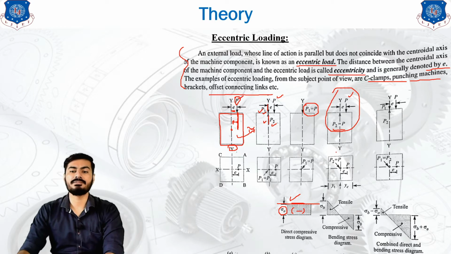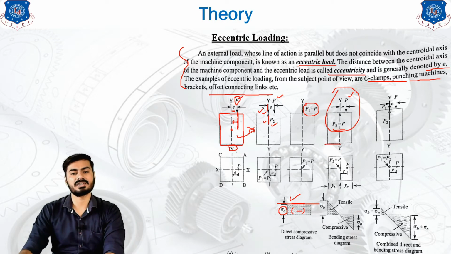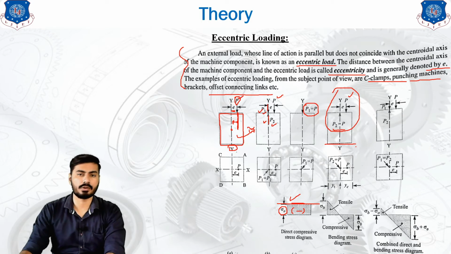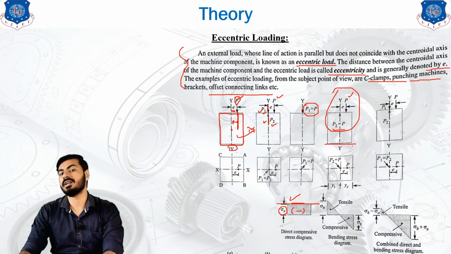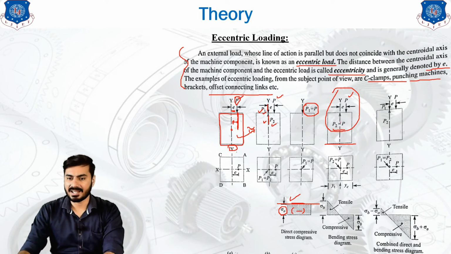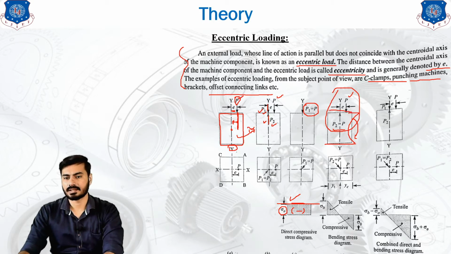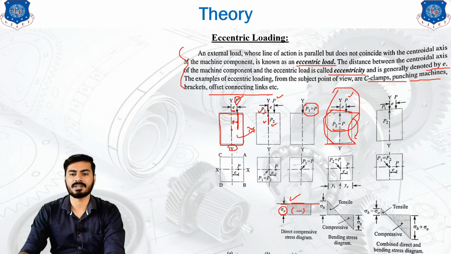But what happens if we restrict the rotational motion of your component? Then your component is going to bend, and it is bending in the clockwise direction. If it is bending, its new position will be like this. As you can see, after the bending, this side is facing tension, this is the tensile side, and this is the compression side.